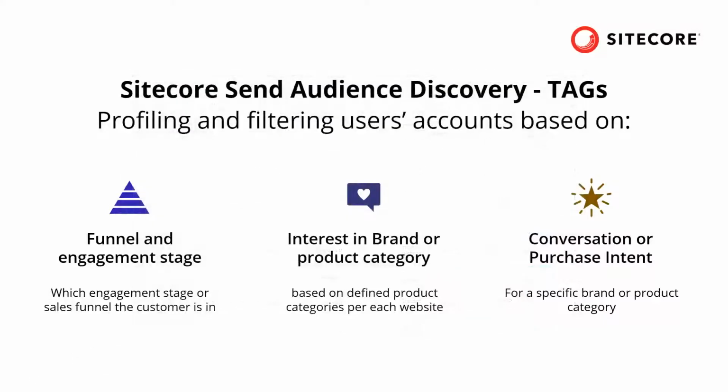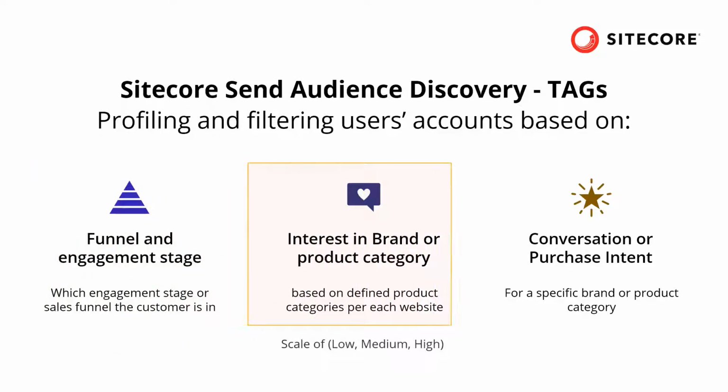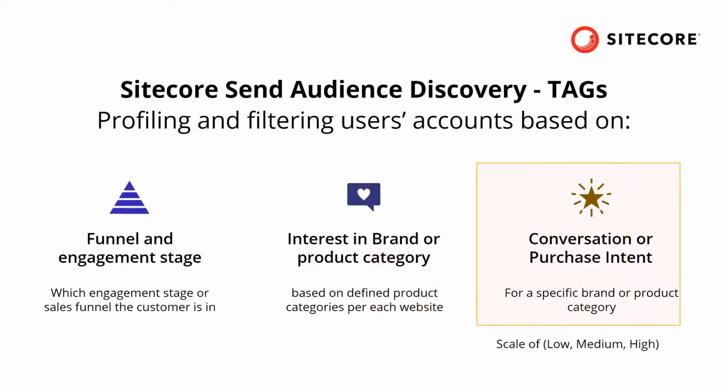AI-based audience discovery tags are separated into three categories. Funnel and engagement stage tags, which represent in which engagement stage or sales funnel the customer is in at the moment. Interest in a specific brand or product category, which is based on defined product categories per each website. And the user's purchase intent in a specific category or a specific brand, which, like interest, has a scale of